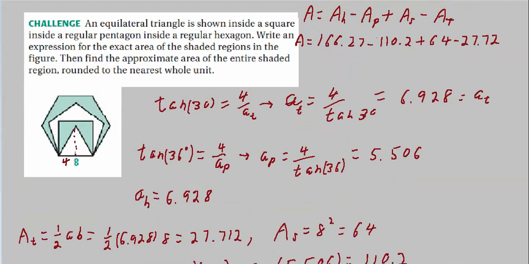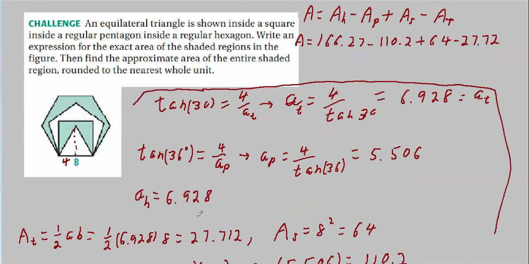Well, here's where I filled in the numbers that we found, and let's block this off here. These are all the intermediate equations where we found the a's. And then down here we started finding the areas. And now we'll go back up here once we have the areas and plug them back in, which we just did. Now all we have to do is punch this into our calculator or command line in Excel and see what we get. And at the end, if you do all this, you get 92.35. That's the area of the shaded region.